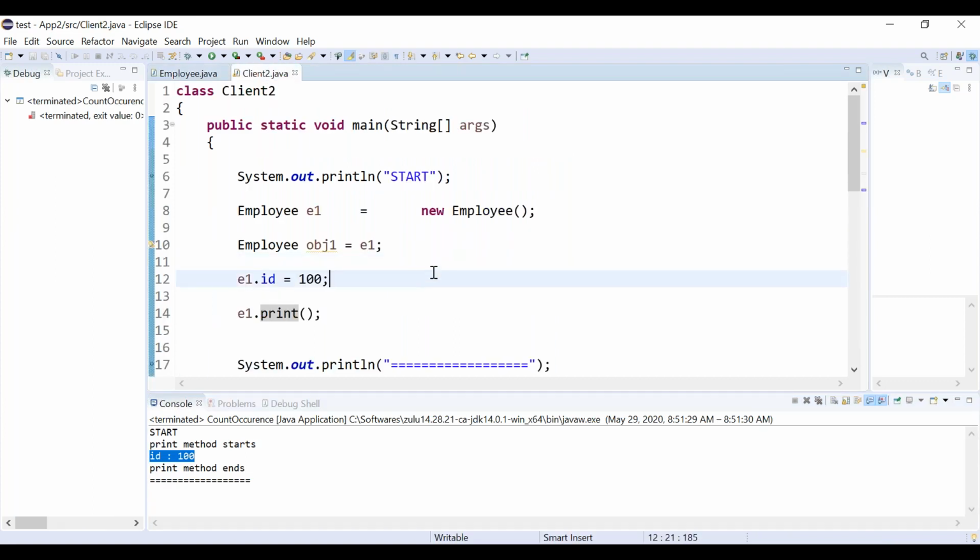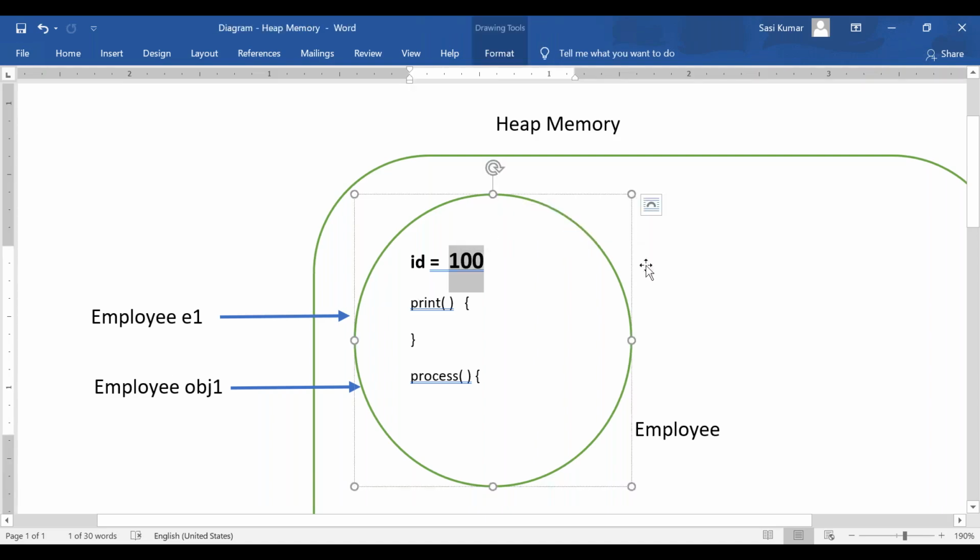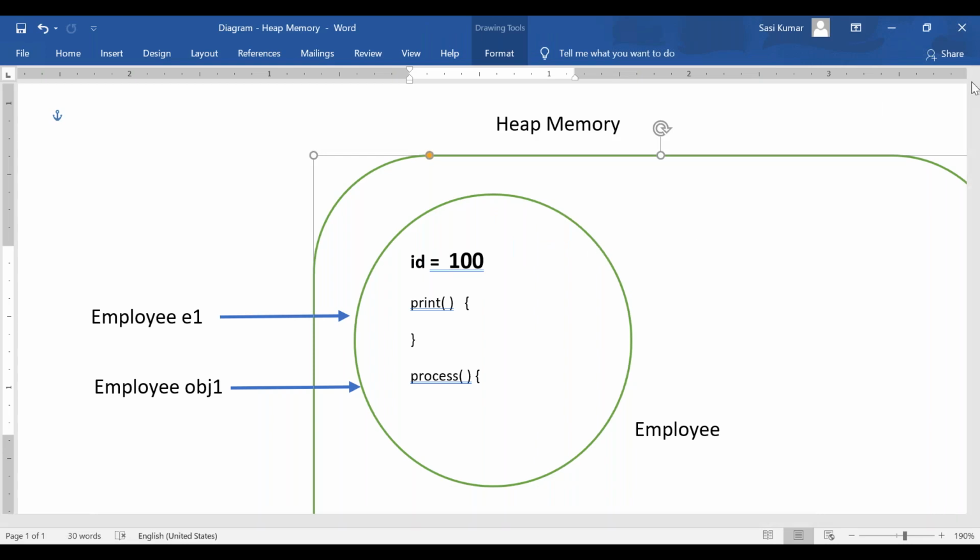Suppose we modified e1.id to 100. Now if I access obj1.id, what will be the output? It will be 100 only, because the obj1 reference is also pointing to the same object.